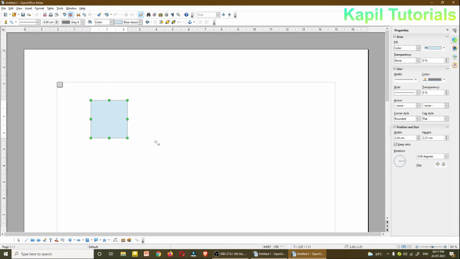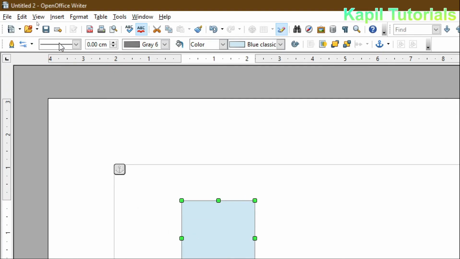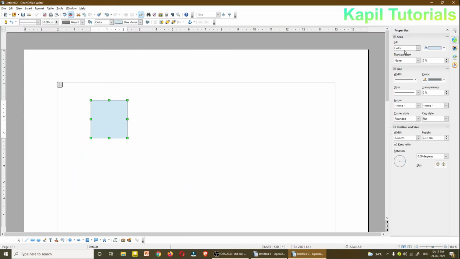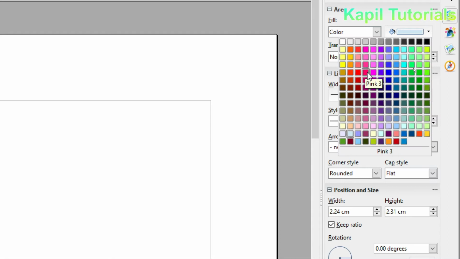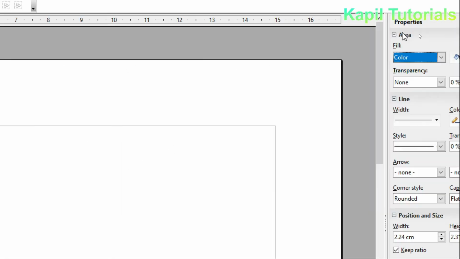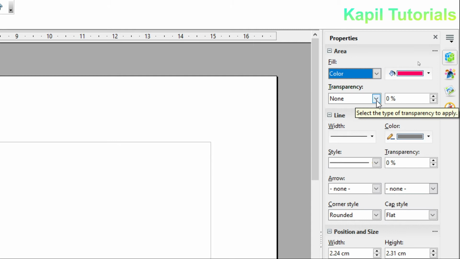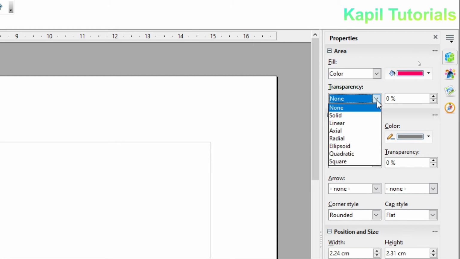And now the properties, I can either go on the top, you could see here, or I can go here. Firstly, the fill. Suppose I want to color it, and from here I can select any color. So it's been done.